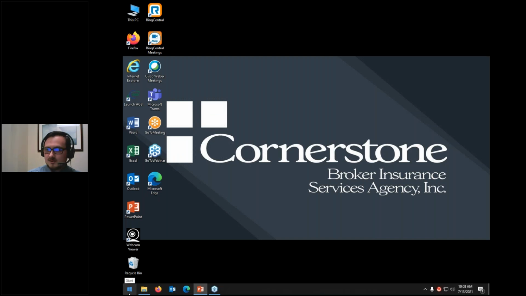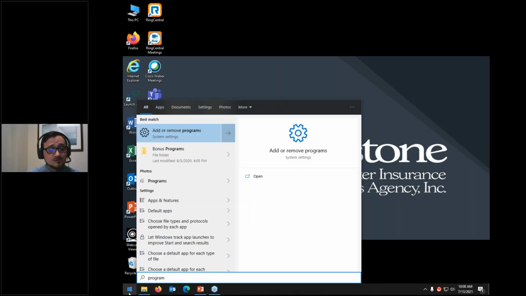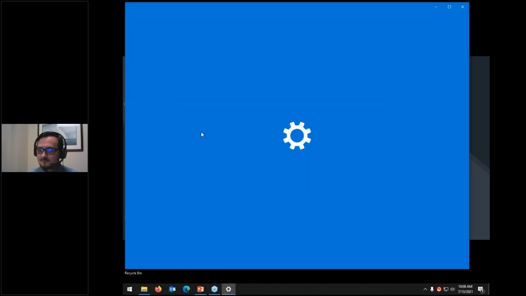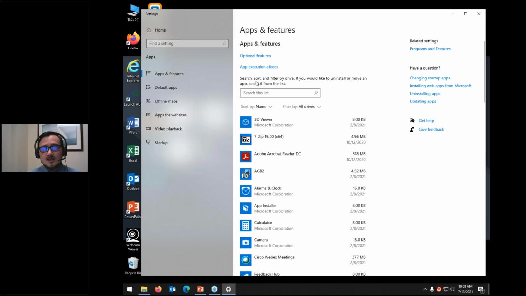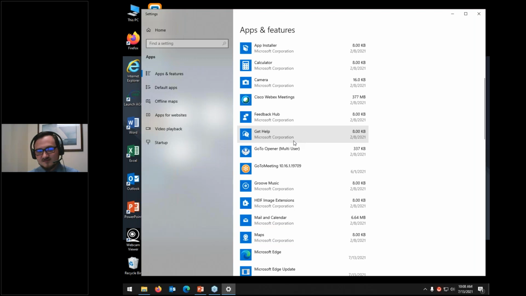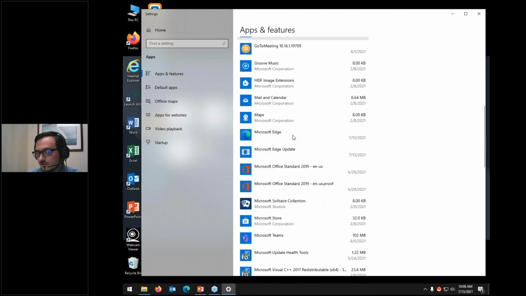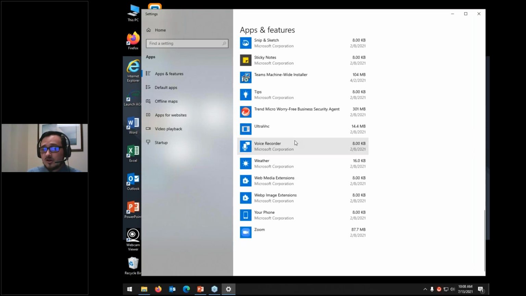What you do is you click on the little Windows icon and then type program. The first thing that pops up on my screen, because I always search for it, is Add or Remove Programs, but you're looking for the little gear icon right over here that looks about right. And then you'll just click on it. That opens up your Apps and Features window. And if I scroll through here, we've got a lot of programs that are available. A lot of this is stuff that you don't really need to concern yourself with or know what it is. But this is also how you view all of the programs that are installed on your computer.